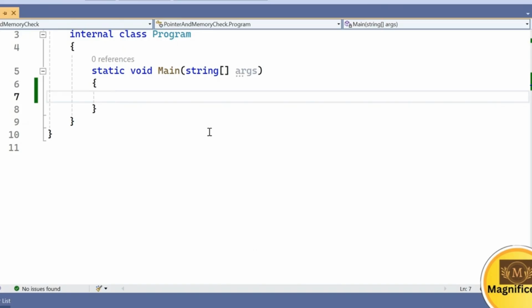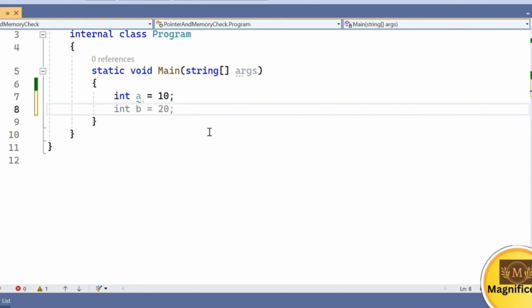Pointer and memory check in C sharp. The usage of pointers in C sharp is unsafe code. If you try to create a pointer, it will show an error. So if I declare int a equals 10 in C sharp code, and if I create a pointer